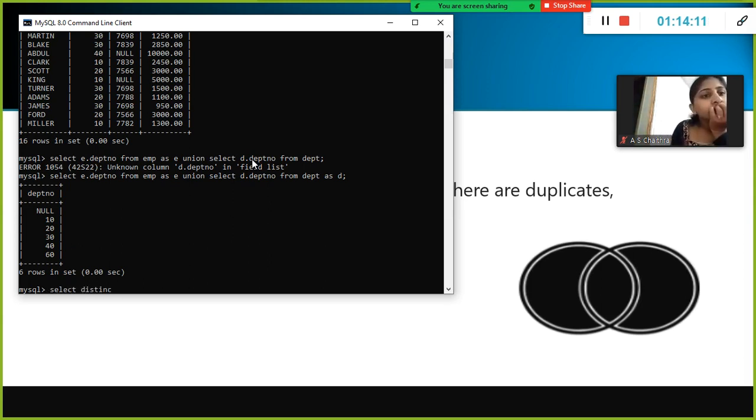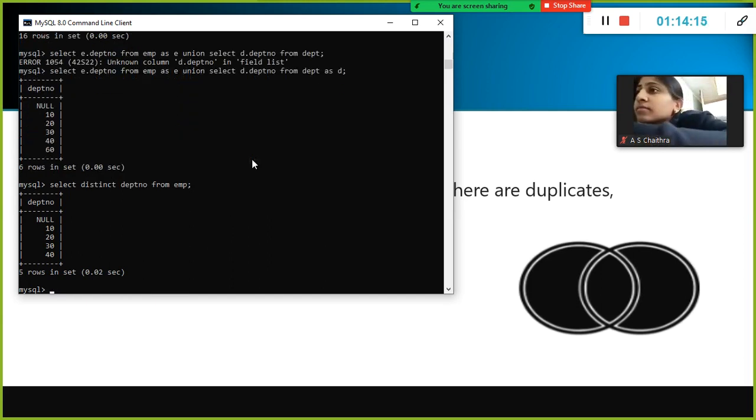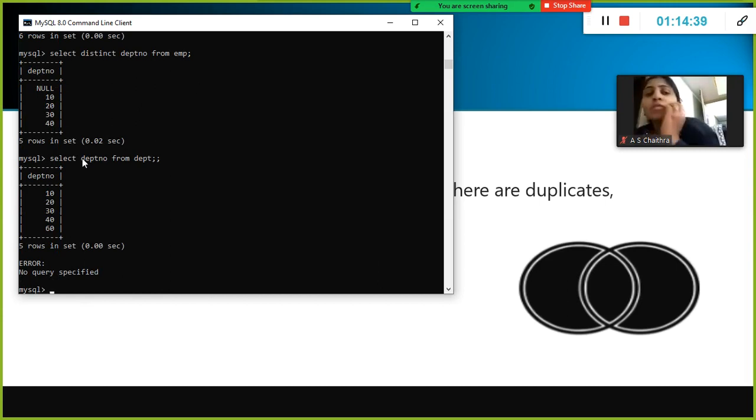Select distinct depart number from EMP. 10, 20, 30, 40 are there in the employee table, whereas in the department table we have 60. Hence 10, 20, 30, 40, null, right? Along with that, I'll just show you the department table, from depart. I think Karthik got confused. See here we have 10, 20, 30, 40, 60, right?